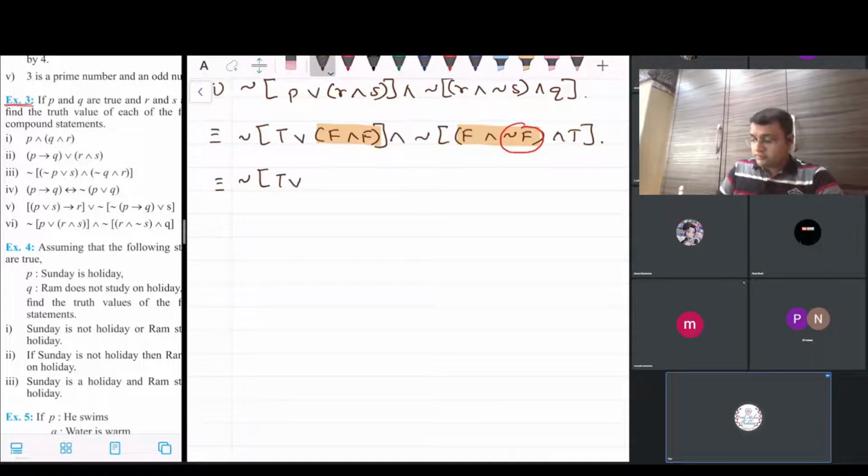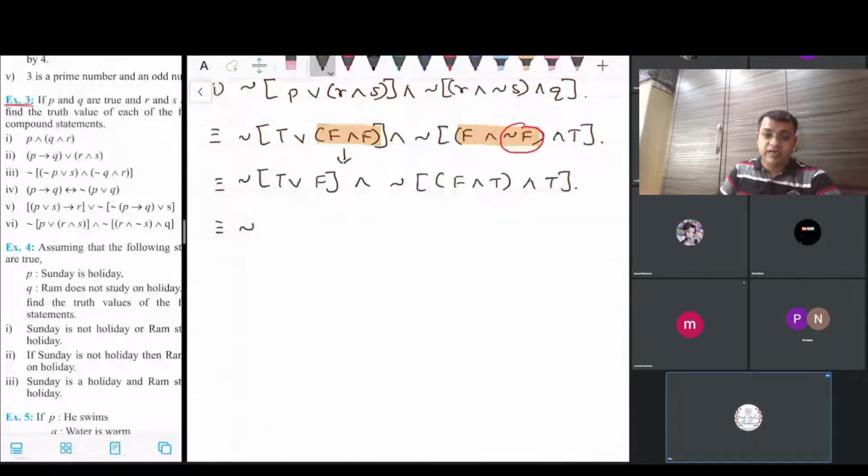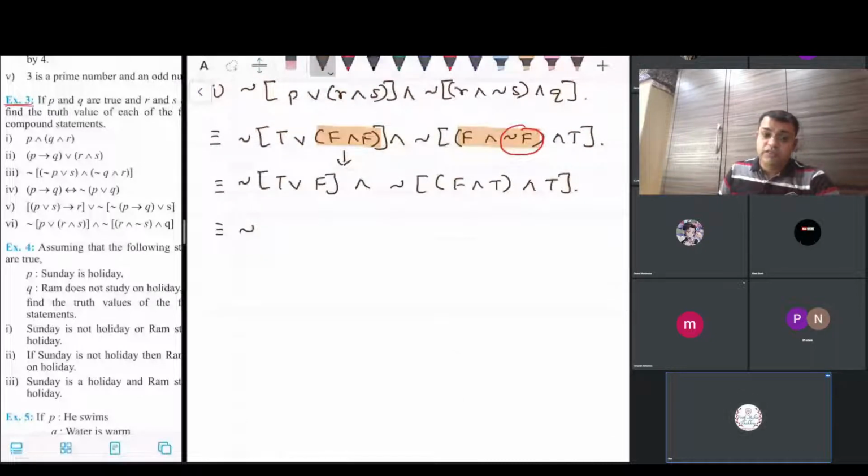Negation of T or, the answer for this F and F, the answer is going to be AND rule, both T then T, otherwise false. So I will write false over here. And negation bracket, first of all I have to consider about the negation of F, so I will write F and T. Remaining elements just bring it down. Now negation of T or F, what is negation of T or F? The answer is for or, both F then F, otherwise it is true. So the answer over here comes out to be equal to true for this element.